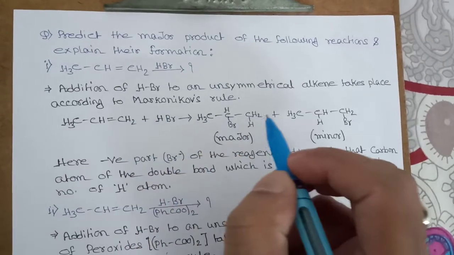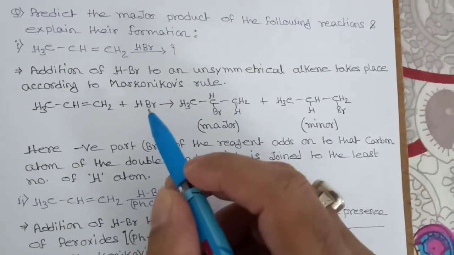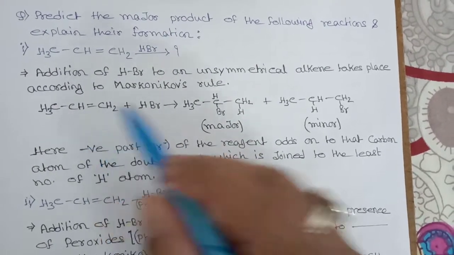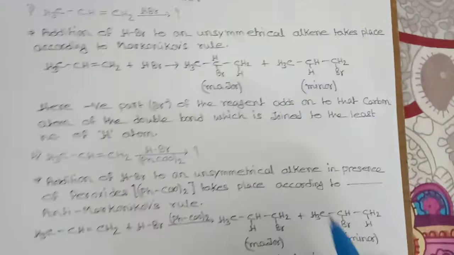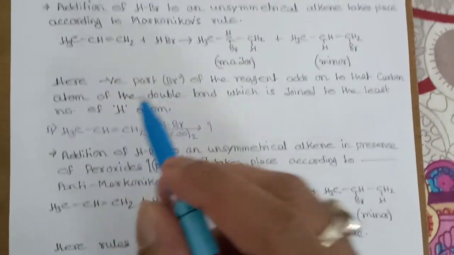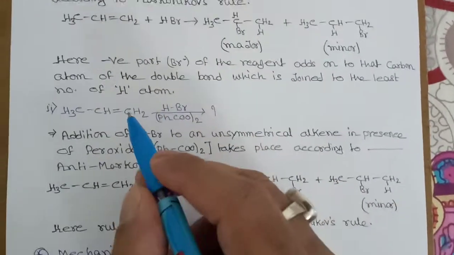the double bond will become a single bond. So this will be your major product. And when you attach Br to the other carbon and hydrogen to this carbon, that will be your minor product. This rule is called the Markovnikov rule, and when